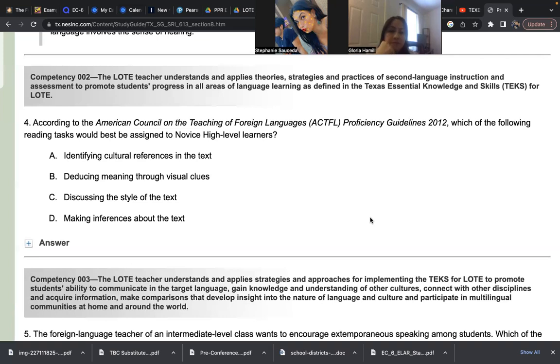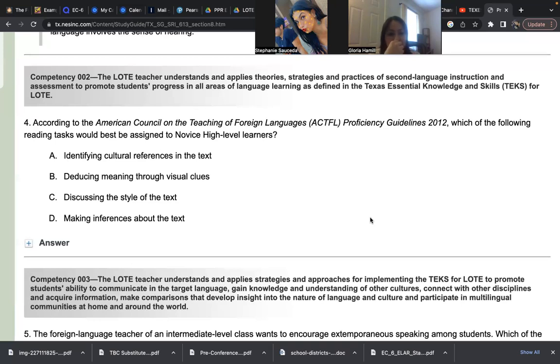Making inferences, I mean, I don't know. I think it's not hard to make an inference about something, but maybe at the level they are, maybe they can't do that yet. Maybe not, because